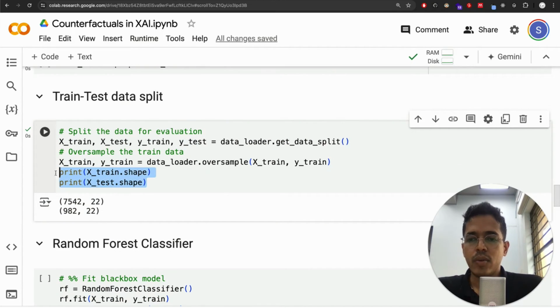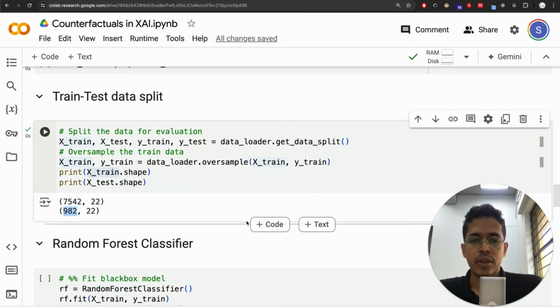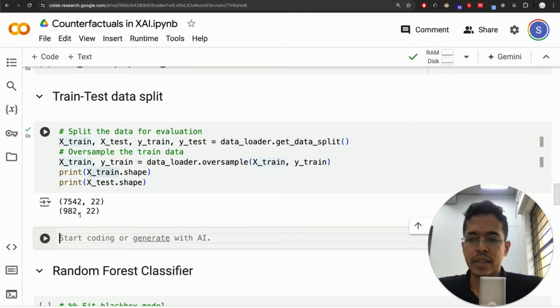Okay, so here what we are printing is the shape of the training dataset and test dataset. There are 22 columns in the training data and in the test data, and in the training data there are around 7,500 data points, and test data has around 982 data points. So I guess the train test split is something like